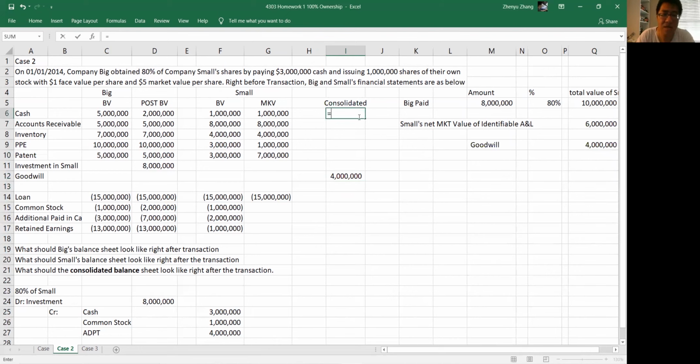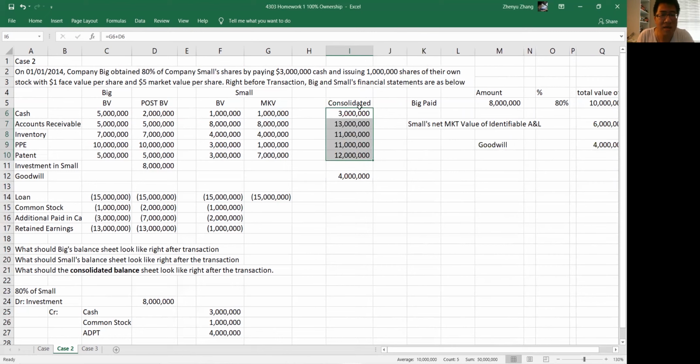And we have these things because the whole group has access to cash in the amount of 3 million, 13 million accounts receivable, the whole group, not B, the whole group. Although from B's perspective, B is the boss of the group. Inventory is 11 million, PP&E 11 million, patent 12 million. Again, there's no investment. We talked about these. And then the total is